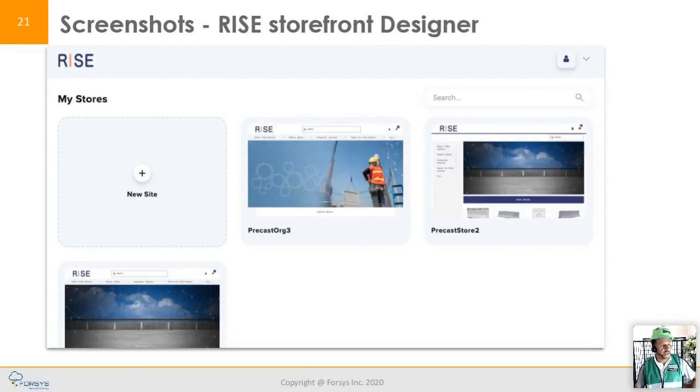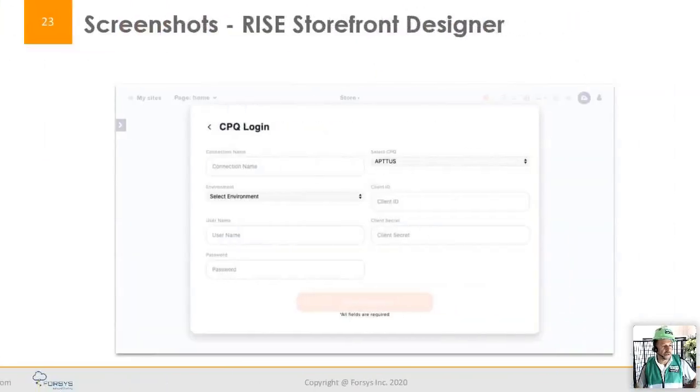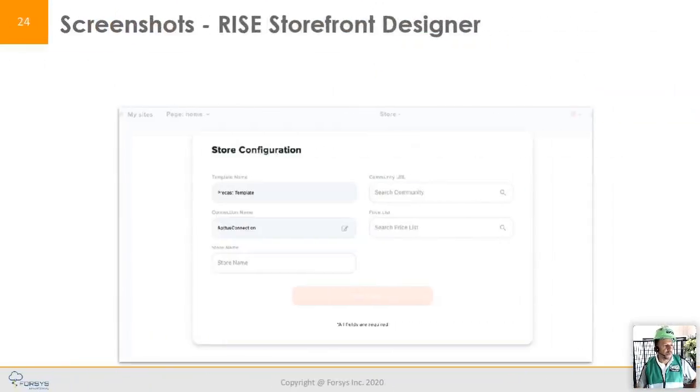So I'm not going to go into the designer. Just so you know, the designer is fully configurable, so you can start with the template and build upon that. I covered that earlier. The exciting part about this is that it does not require software development. It is all configuration based, and it is done through a WYSIWYG editor. Okay, I'm going to skip through the designer slide. These are industry-specific templates. Keep in mind that for precast, you'll be getting the precast and industry-specific one, and that we connect to the underlying CPQ for the system.